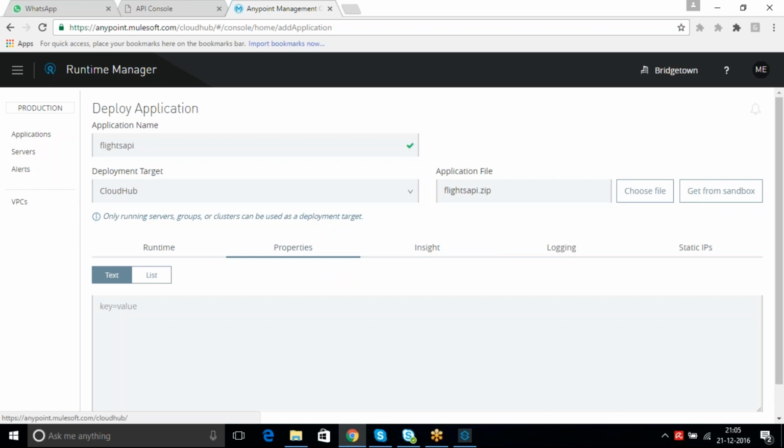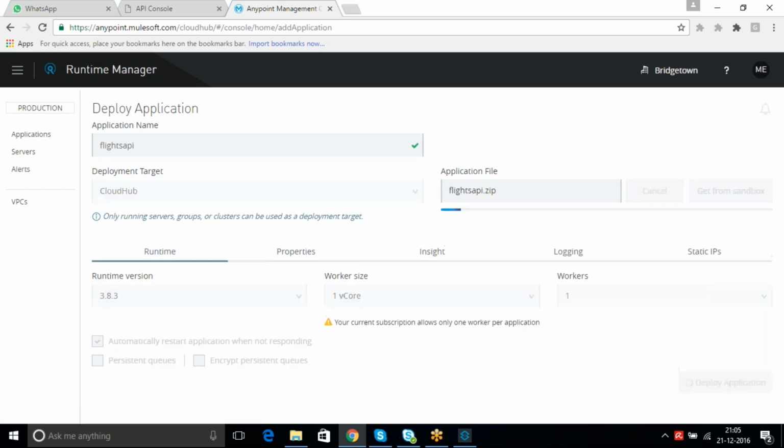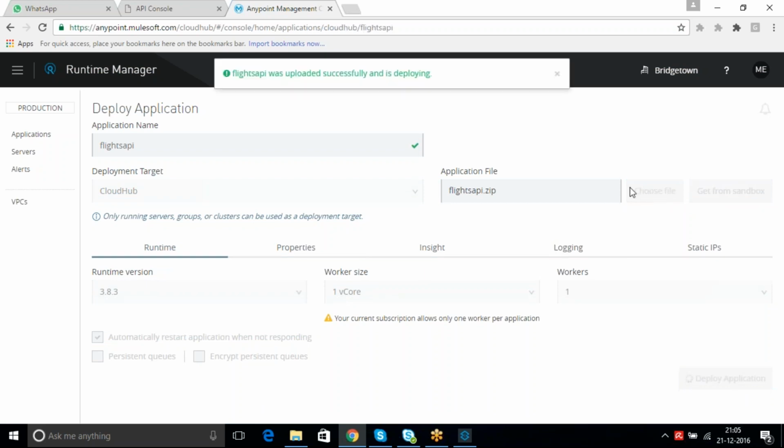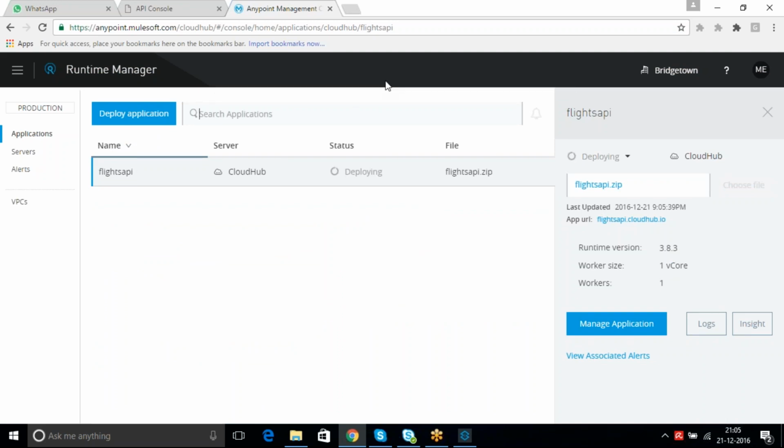Once you deploy the application, there are no properties here. Whatever properties are in the property file should be displayed here. Now let's deploy the application. Flights was uploaded successfully and it is deploying. So you can see that it is deploying.